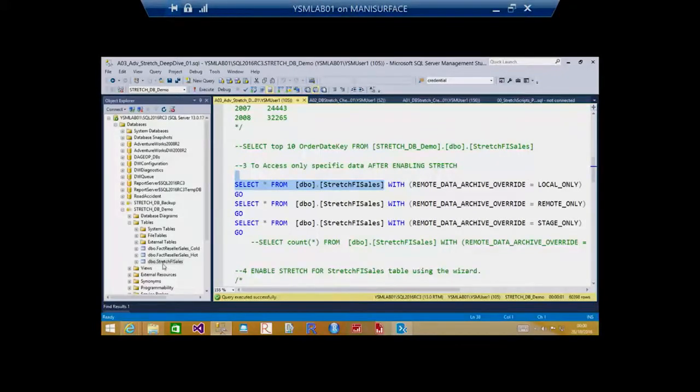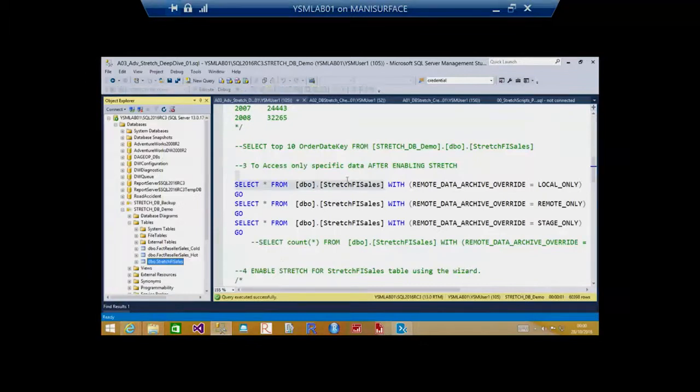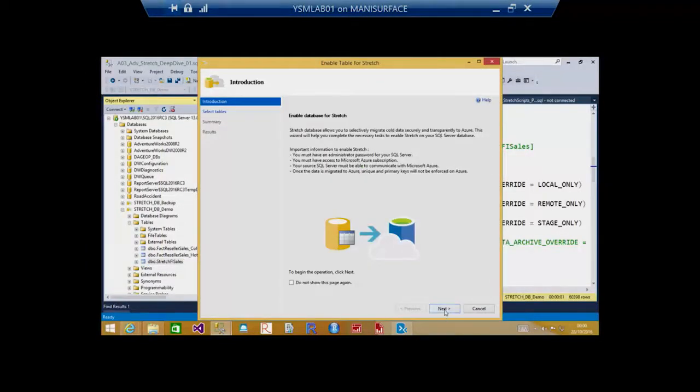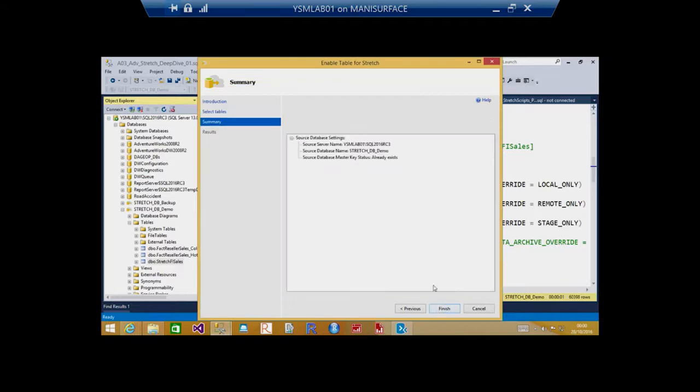What I'm going to do, I'm going to simply create new Stretch enable based on the filter criteria. I'm going to click on entire table, and instead of entire table, I'm going to choose rows. I have to give a name for this function name, order key. Then I'm going to select the column order date key. If it is less than 2006-01-01, which means any data before 2006 must be moved to cloud immediately. So I'm going to check and validate the query, and I'm going to hit on done, next,